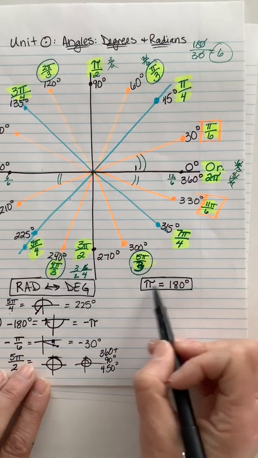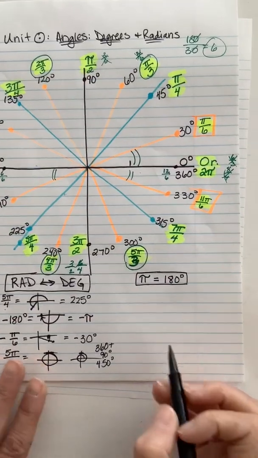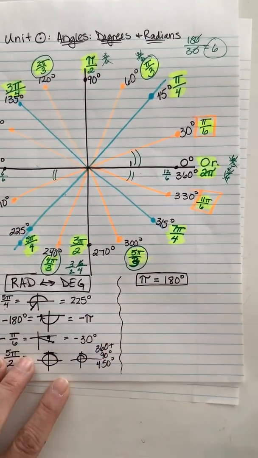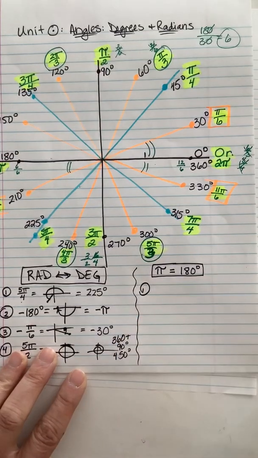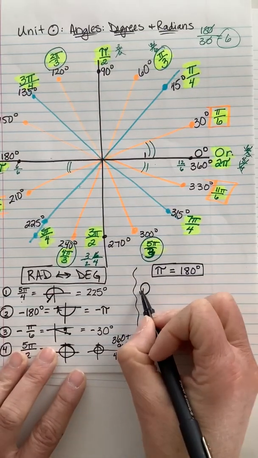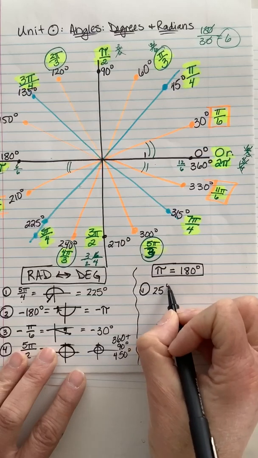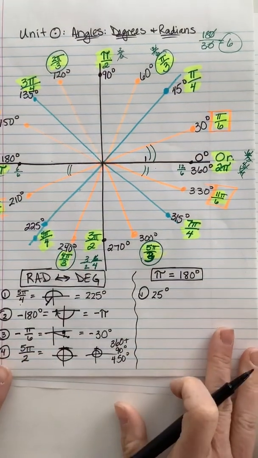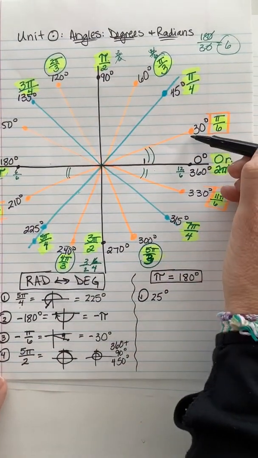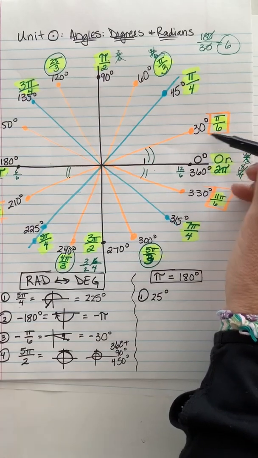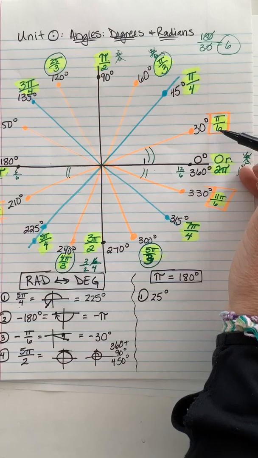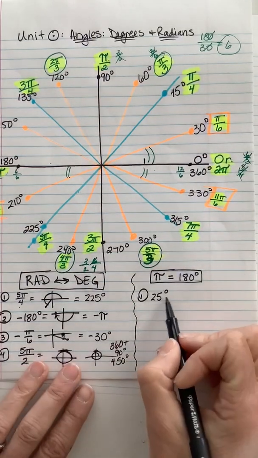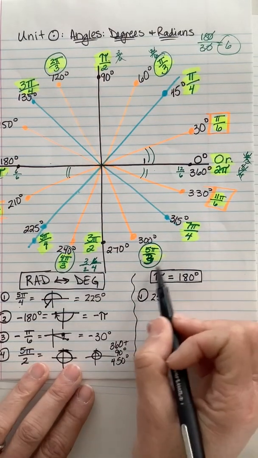Which means if you're going to convert, here's a little different practice set. Let's say that the first one I'm given is maybe 25 degrees. 25 degrees does not live on this unit circle. 25 degrees is going to be here, which is less than the tiniest slice of pie that I would not prefer, which means I'm going to have to break this down a little bit more using my